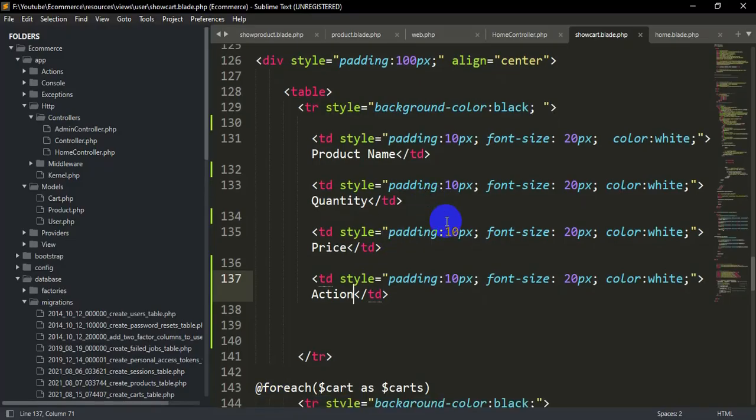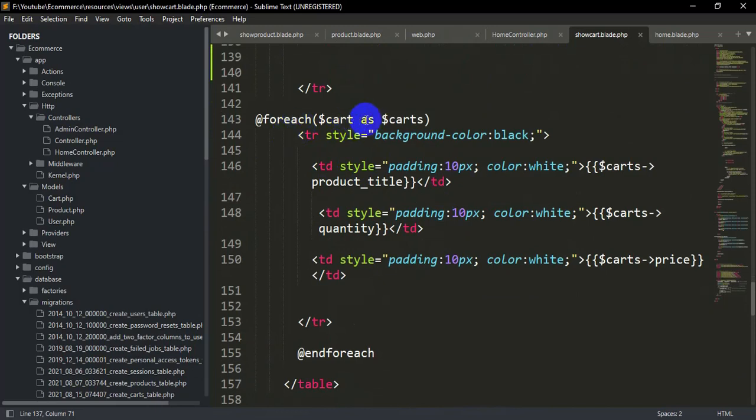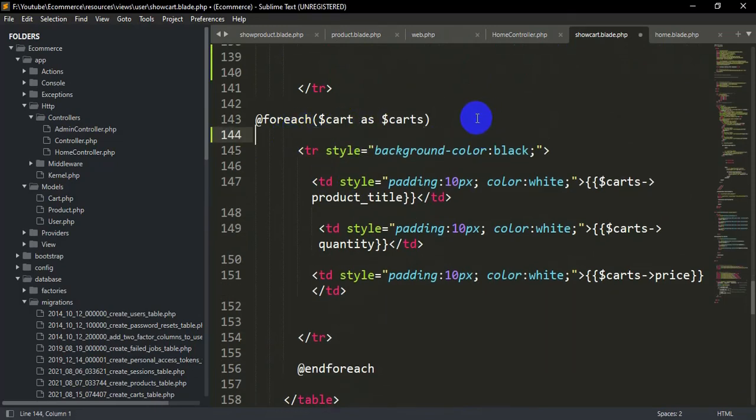Let's go back to our code again, and over here you can see foreach $cart as $carts. Here we are showing all the product title, quantity and price. So we are going to add another TD.